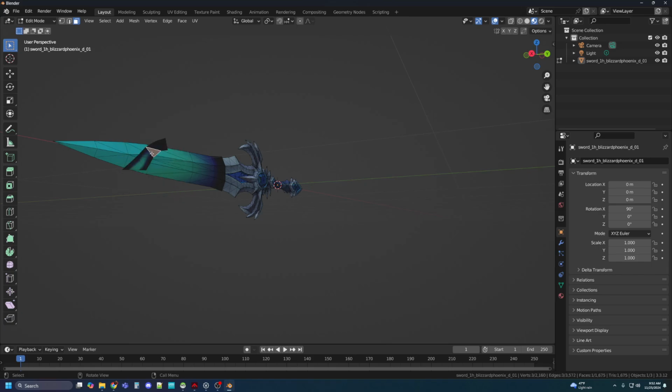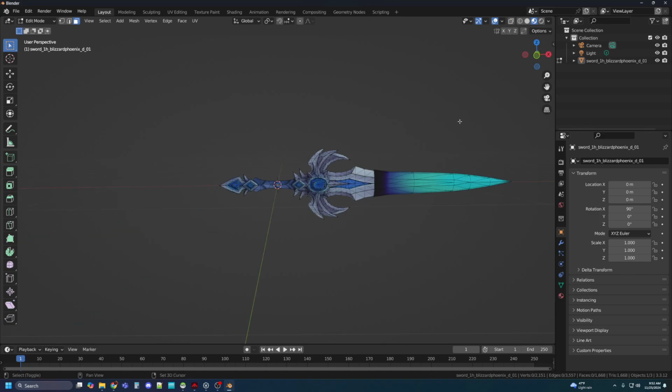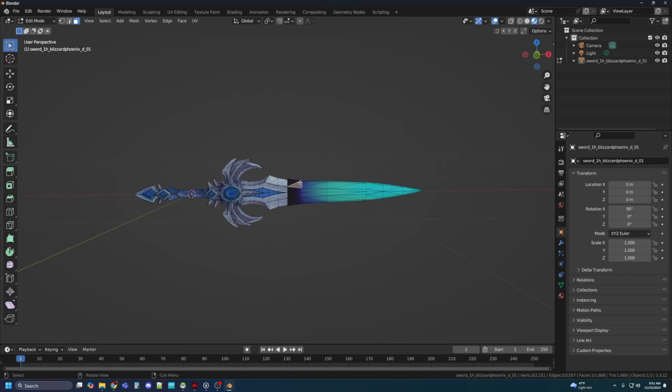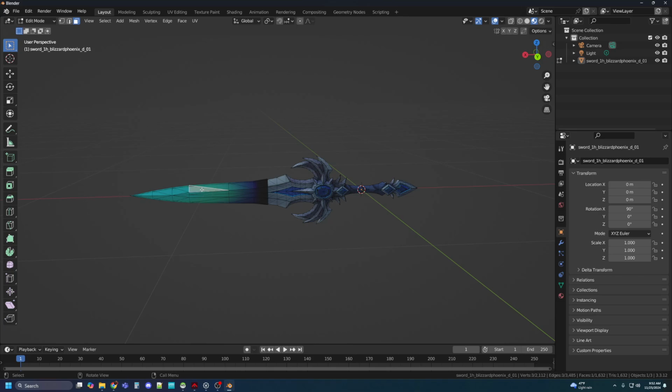Some of the other stuff too, like I'll show you guys when I log in. I have finally altered successfully some of the armor. So I think in my last video I had said something to the effect of I hadn't played with armor yet. I did play with it. I got it to work successfully. There's some nuance to it. It's a little more difficult than swords because you have to orient the armor properly, and so the way that armor works